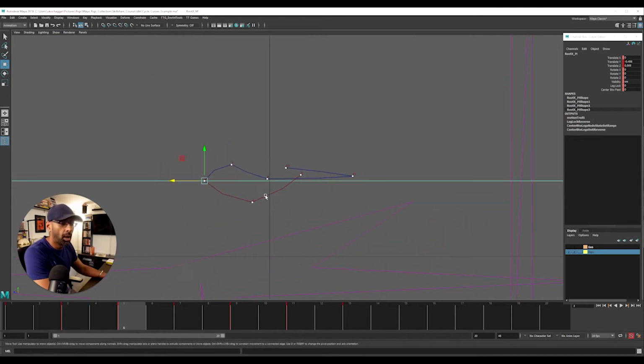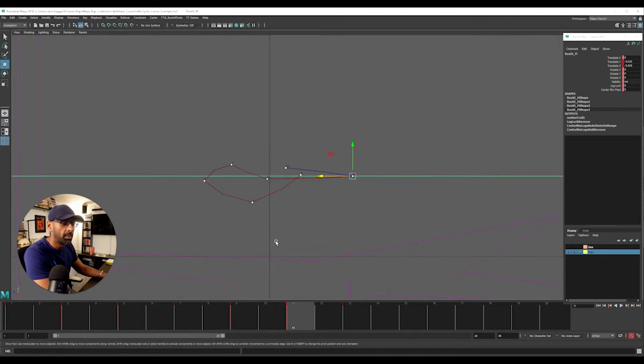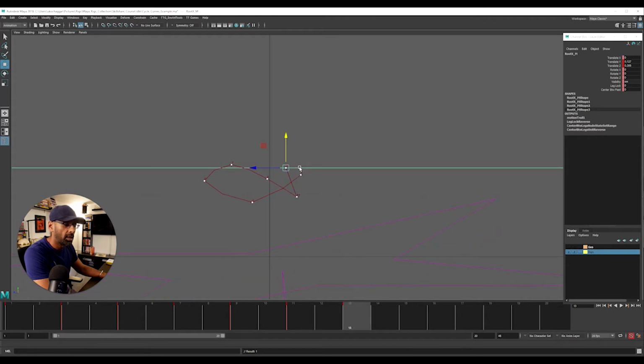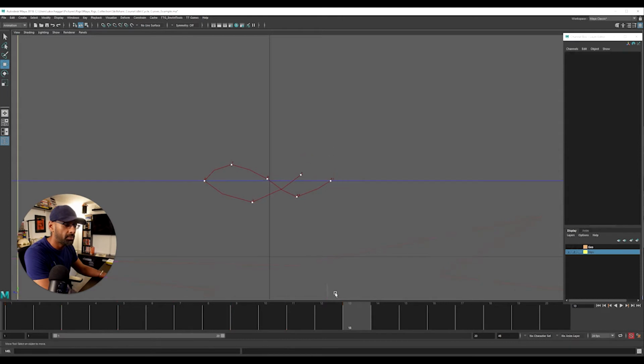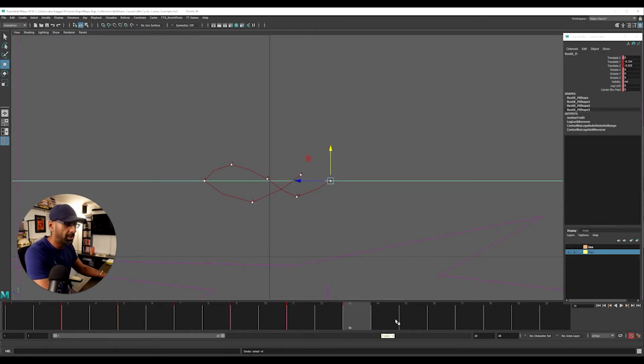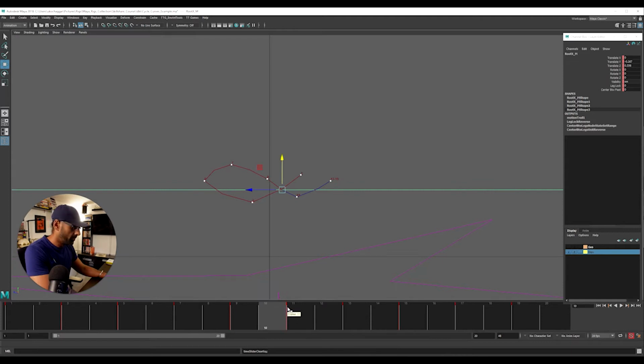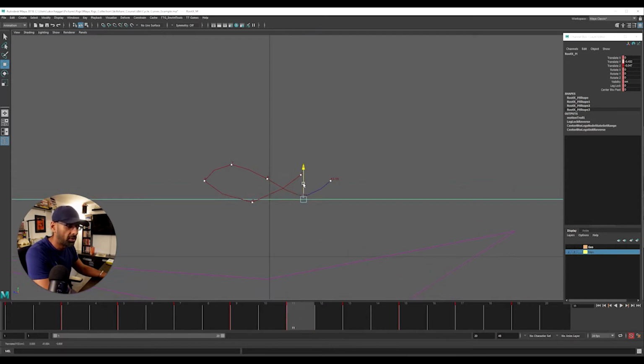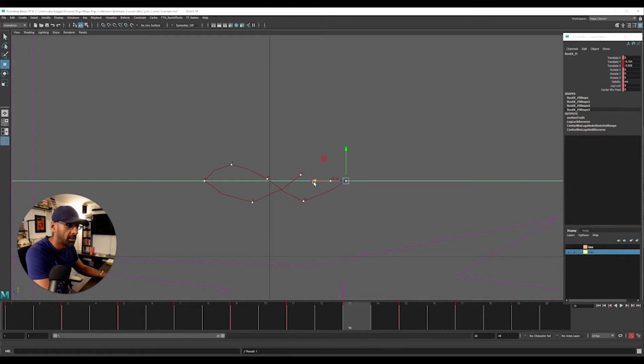But we know like 1, 2, 3, 4. But then this one, we want it to come down here. So we just move it down. And then here, we can move that here. And then we can be like, all right, the next 2 frames, we'll just put a key here, set a key here, set a key, set a key here, right? And then what we'll do, we just carry on roughly the trajectory. And then next one up here, maybe move it forward a bit. And then the last one,